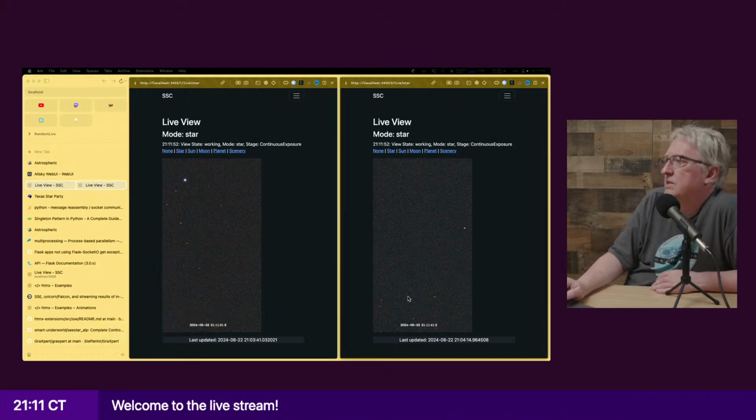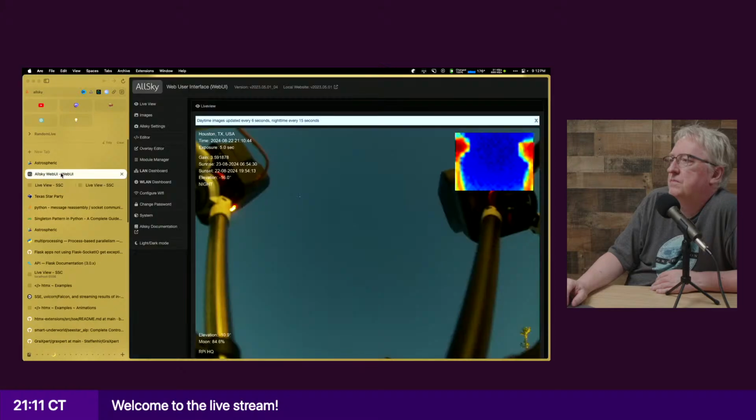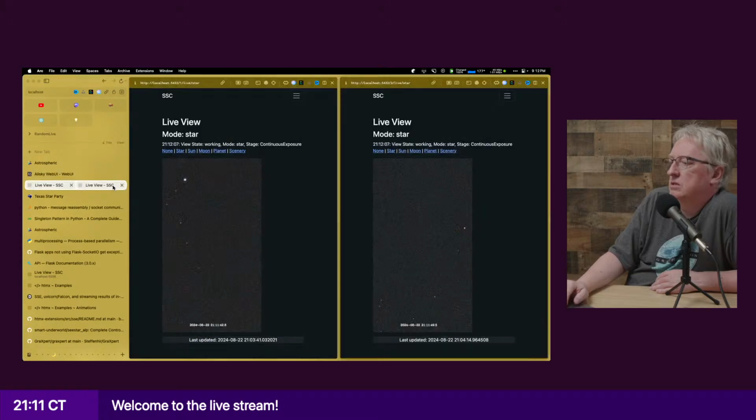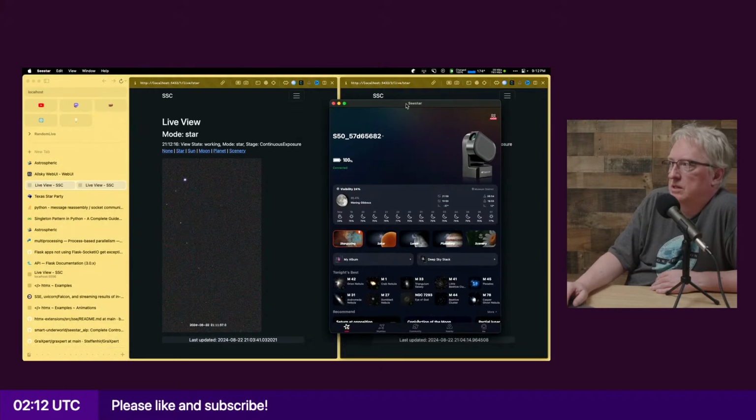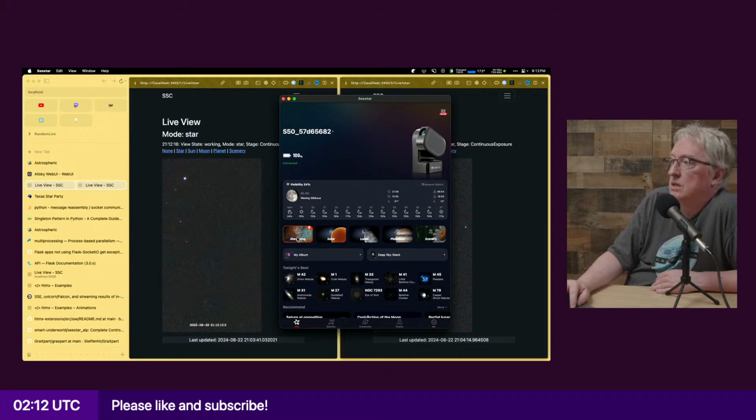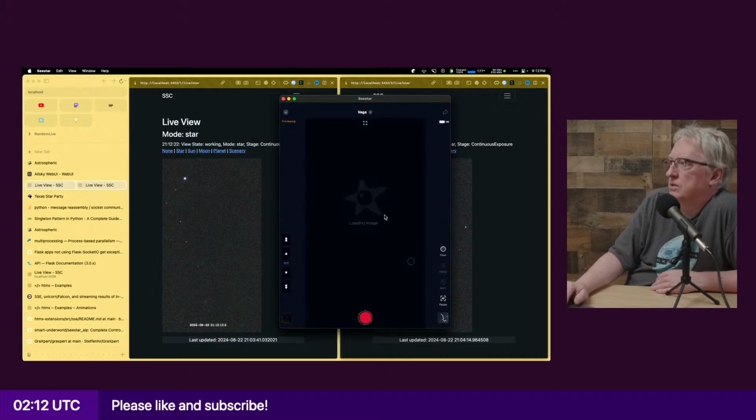So this one seems to be having its characteristic quirks. And that's this one over here. For some reason, I don't know what it's doing. Now, interestingly, that is the one that the iPad app I'm running here is able to connect to, so I can go look at it, and it claims it's pointing at Vega, but it's not.